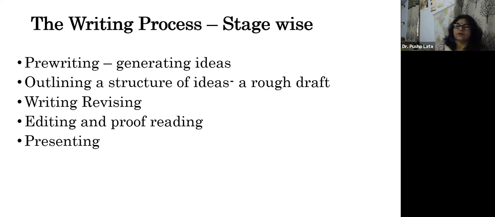Just see whether there are proper connections, and whether the story you have crafted in your research paper makes sense to your readers. Proofread it. It's not only the grammatical mistakes. Let me tell you, even spelling mistakes and punctuation mistakes are going to make a mess of your work. The hard work that you have put in, you need to take this step of writing very seriously.